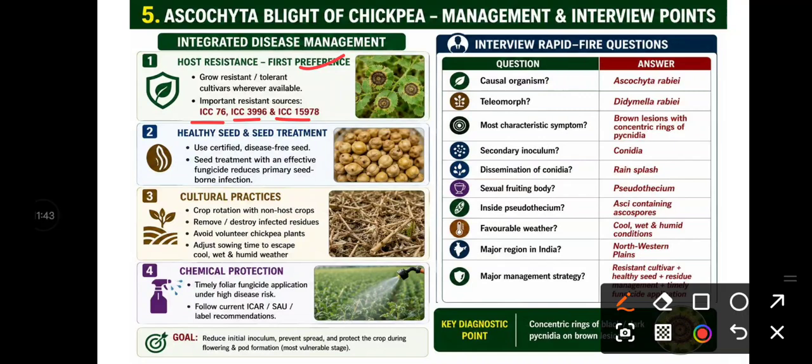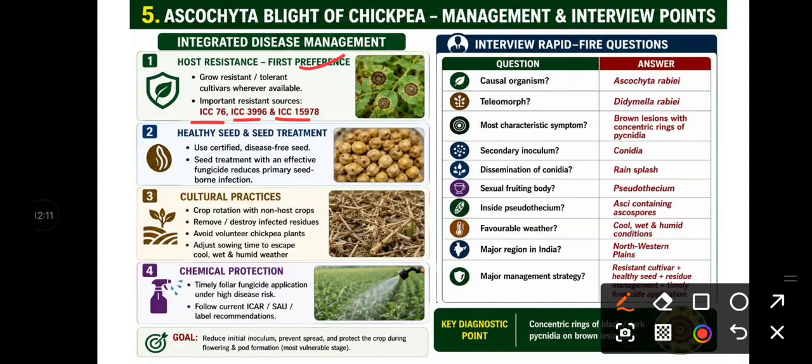See, whenever you are thinking about management practices, first remember where the inoculum comes from. For Ascochyta blight, the inoculum is infected seed and crop residue. So we have to check the primary inoculum first. How will we check? Either we can stop the infection by using a resistant variety,